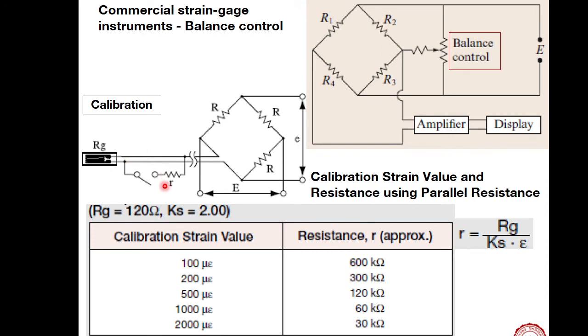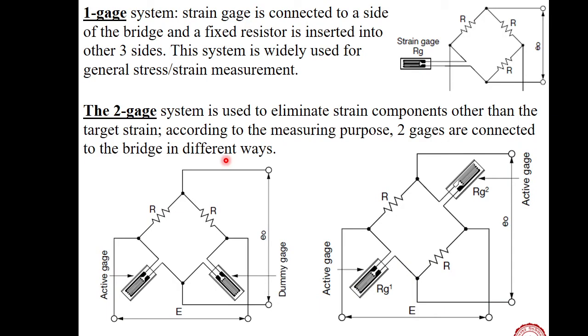So for given values of this R, the approximate strain, these are some values which we should get in the measurement, is given here. So we need to check whether our instrumentation circuit is correct or not. This is calibration resistor, and then this is what we are discussing earlier. Single gauge N value is 1. Here in this configuration our N value is 2. Both are active gauges. You see how they are fitted.